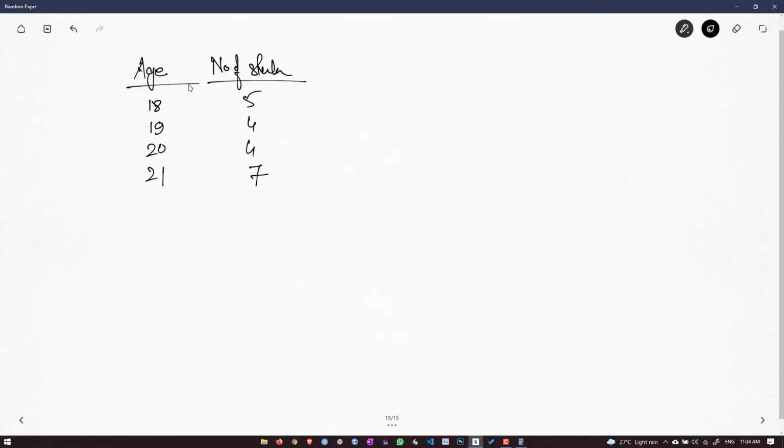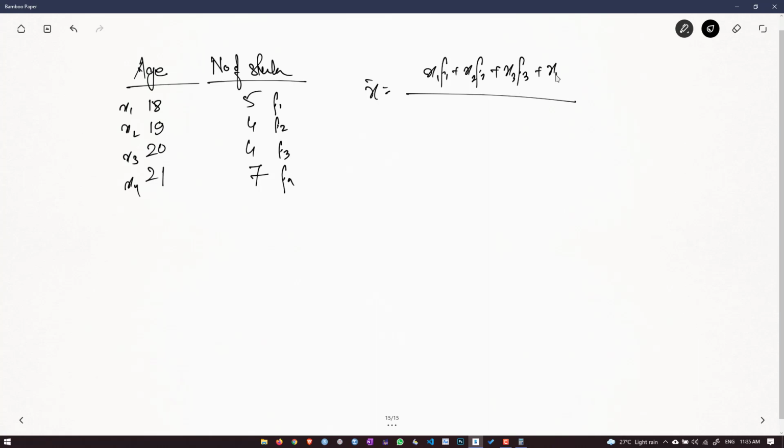So these are called frequencies. That means this is x1, this is x2, this is x3, this is x4, this is f1, this is f2, this is f3, this is f4, right? So this is for grouped frequency. So x bar will be x1 f1 plus x2 f2 plus x3 f3 plus x4 f4 divided by f1 plus f2